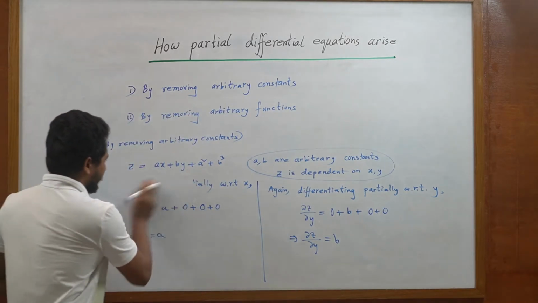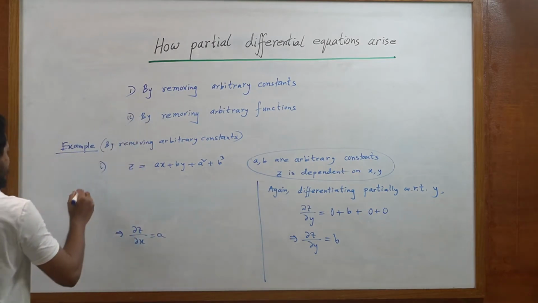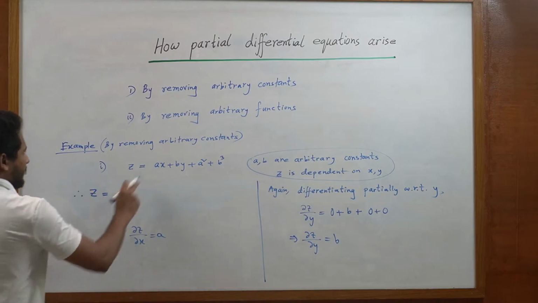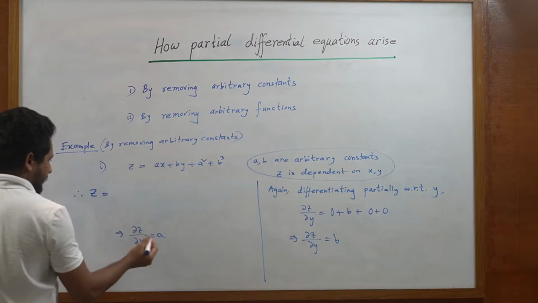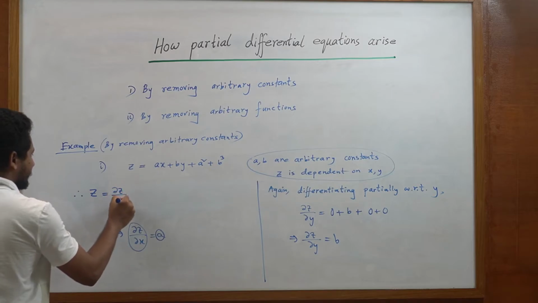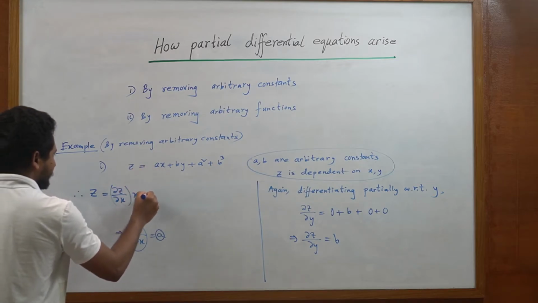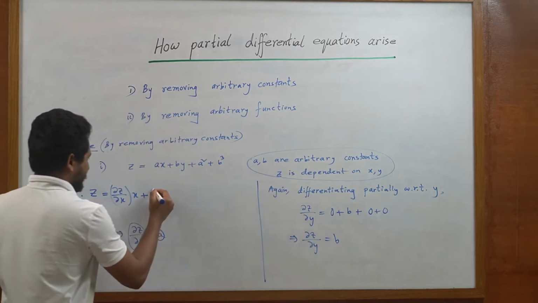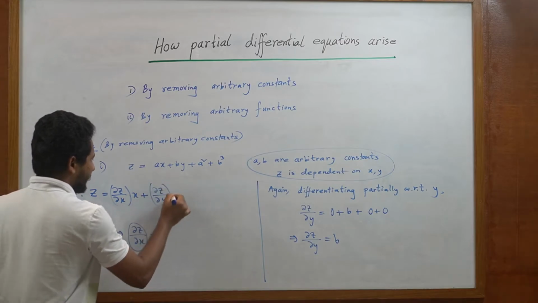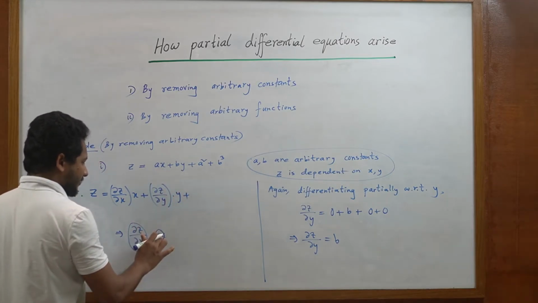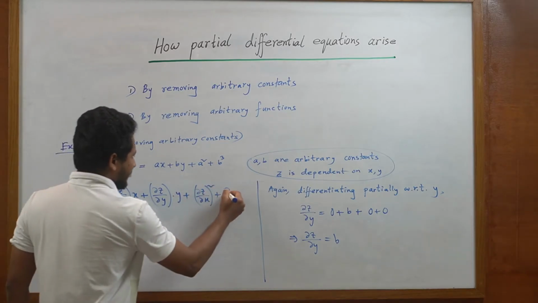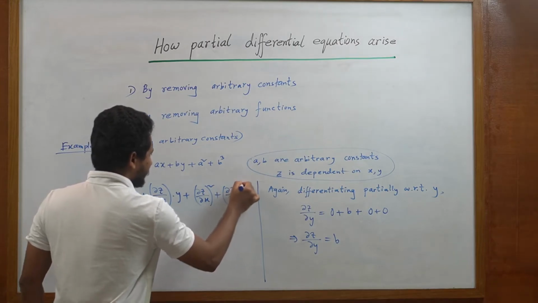So the equation becomes z equals, a is del z del x, so del z del x into x, plus b is del z del y, so del z del y into y, plus a square should be del z del x whole square and b cube should be del z del y whole cube. So this is the equation,